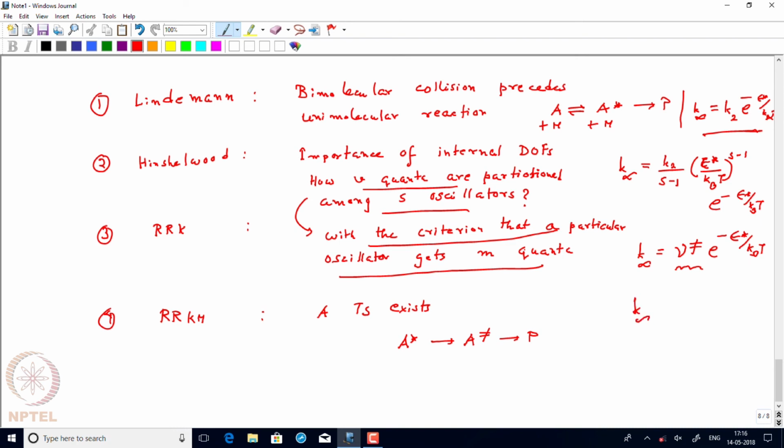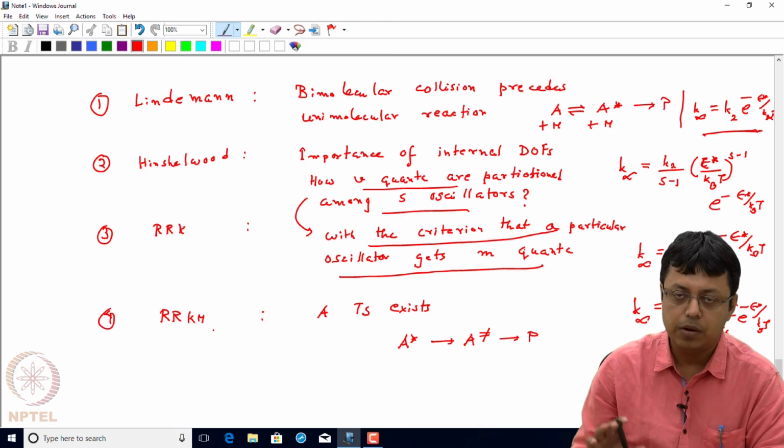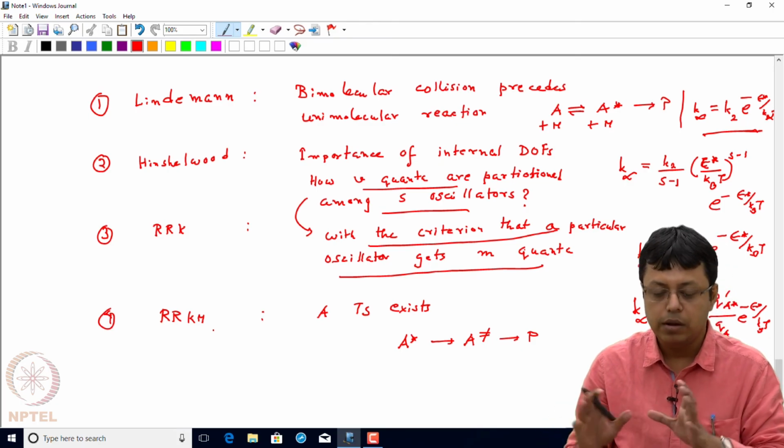Marcus found that this exactly reduces to the Eyring-like equation developed for bimolecular reaction, divided by QA, into e to the power minus E star by kBT. So RRKM theory connects the bimolecular reaction dynamics with the unimolecular reaction dynamics,